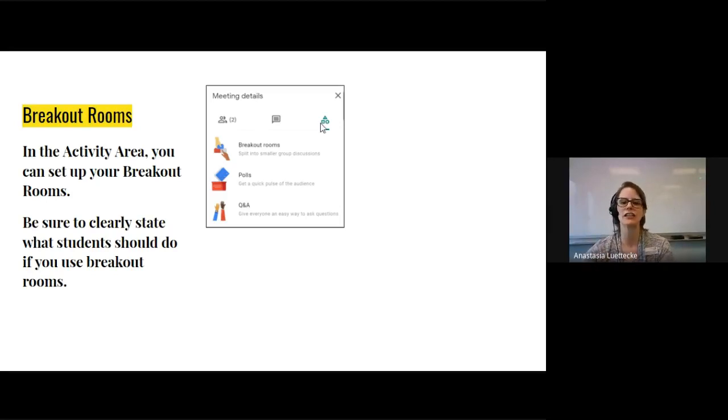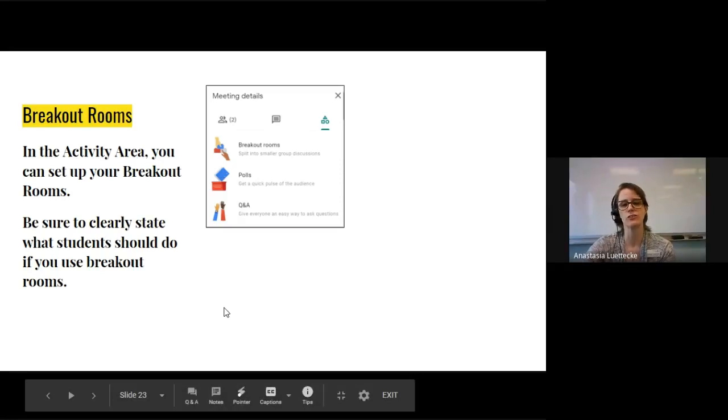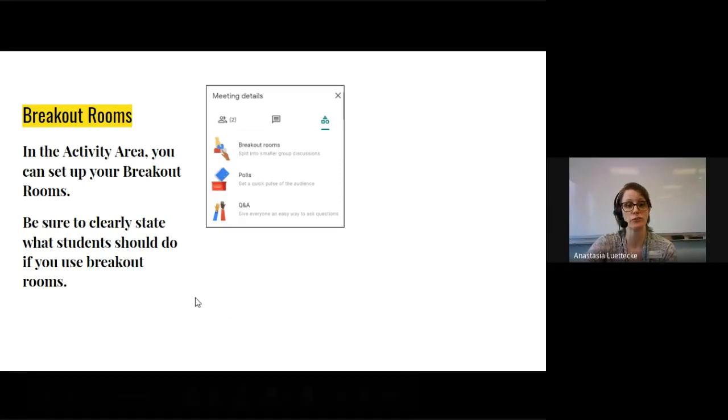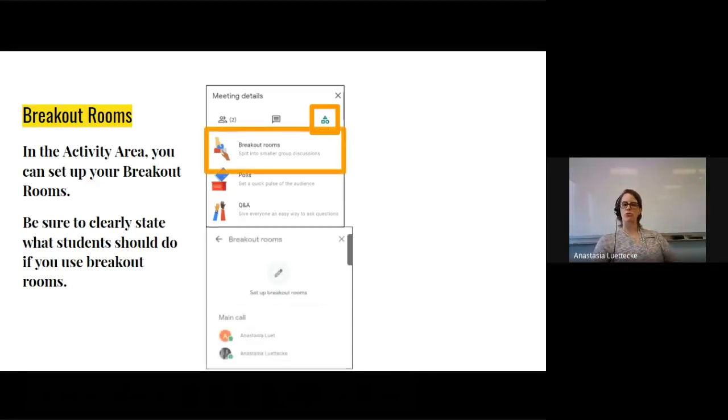So this activity area is where you will direct students if you're going to use these pieces too. If you're using the breakout rooms, be very, very clear what students should do when they get into the room and how they'll come back if they need to. So in our activities area, for breakout rooms, when we click there as organizers, what you'll then see is an ability to